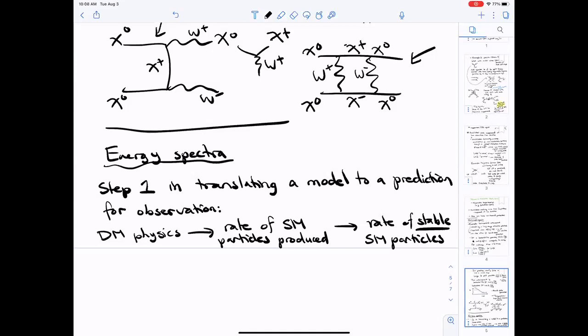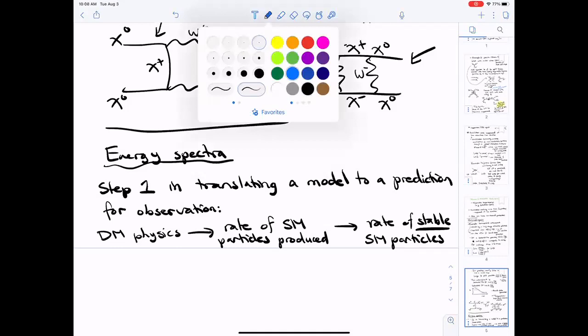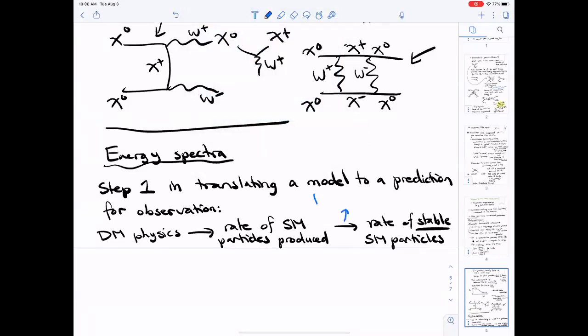So this step, fortunately, we know how to do because it's standard model physics. These are processes that we observe in colliders all the time. So this step is typically done with Pythia or Herwig or other event generators. And there's a nice tabulation of results for a lot of dark matter particles called PPPC for DMID, which is